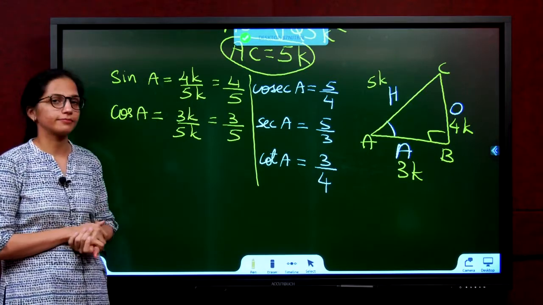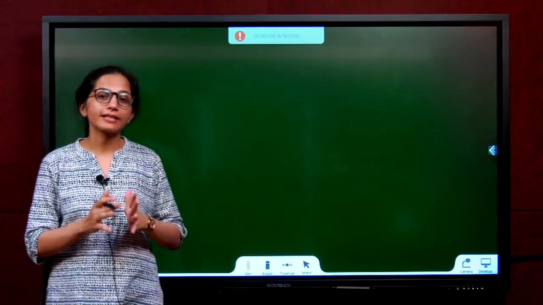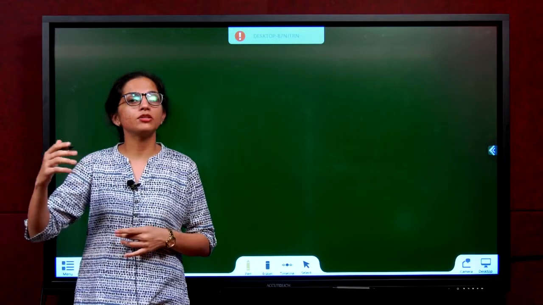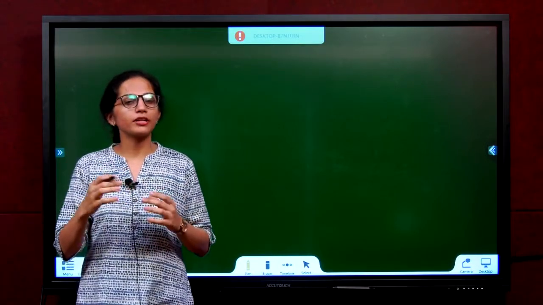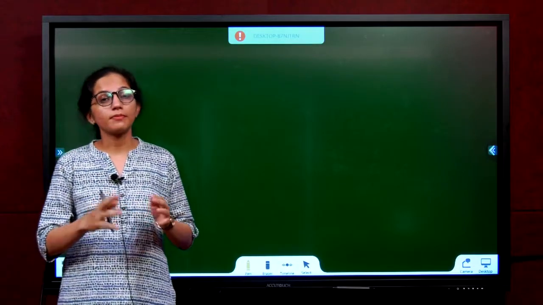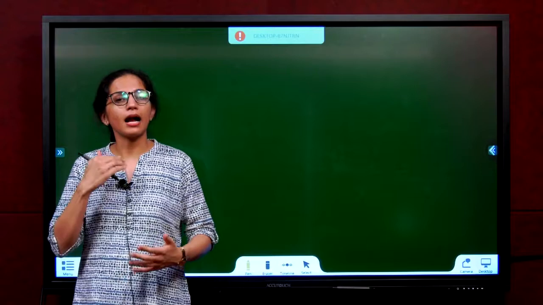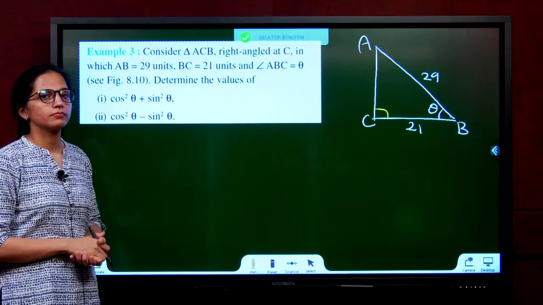We have found it. We just finished example 1, but I won't be touching example 2 now. I will do example 2 during the exercise because it's a little more complicated. You all should get more familiar with trigonometry ratios before we do that. So I'm directly going to jump to example 3. I will come back to example 2 after a few more sums.